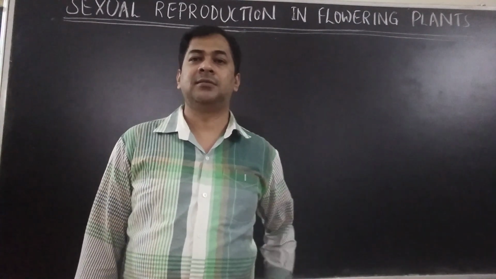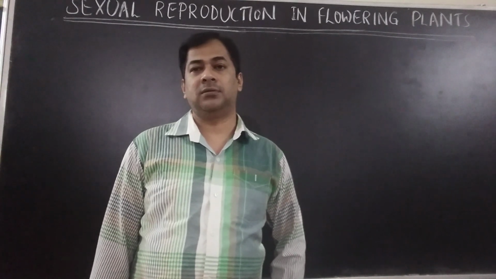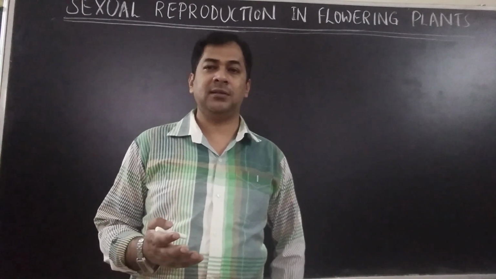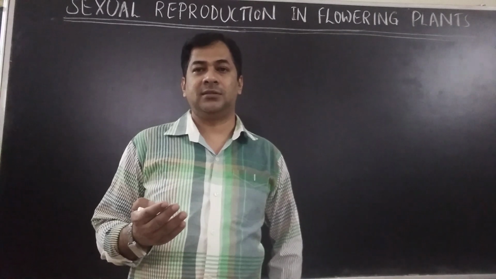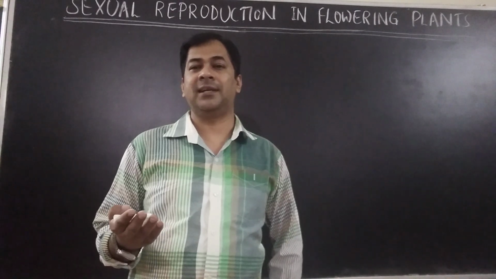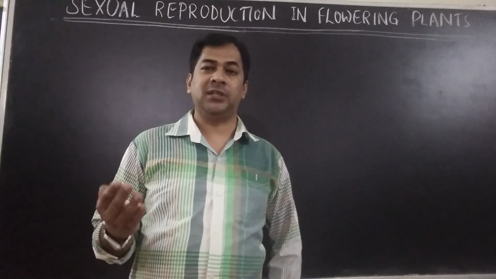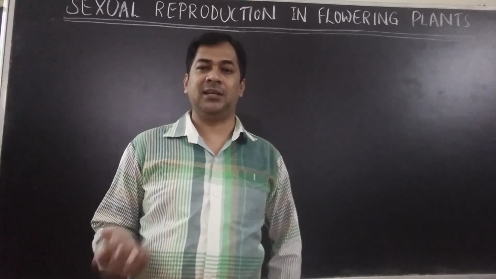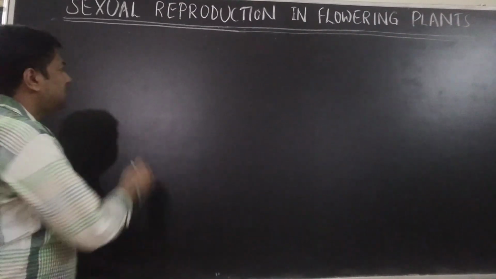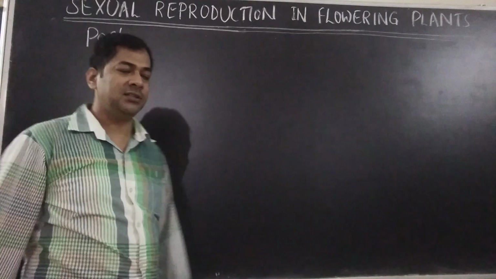So students, in our last class, we discussed how exactly embryo is produced by zygote. Zygote produces embryo. So formation of embryo and division of zygote, all these are post-fertilization changes, because after fertilization only zygote is produced. Even endosperm is also produced after fertilization only. So all these events of formation of embryo and formation of zygote will happen after fertilization. So we were learning in the last class about post-fertilization changes. We will continue discussing post-fertilization changes.